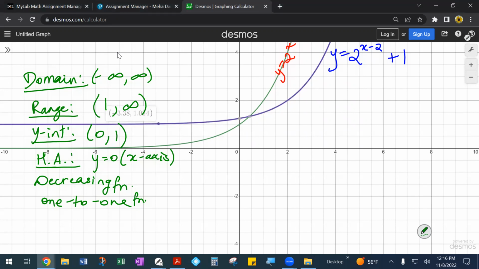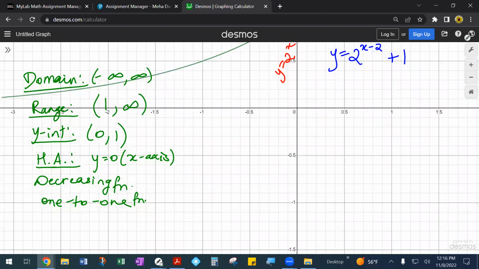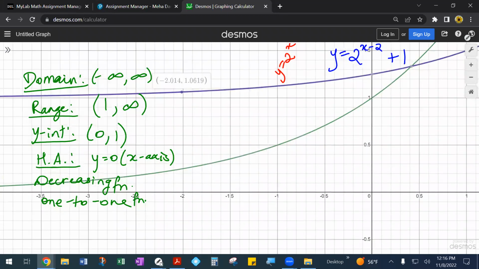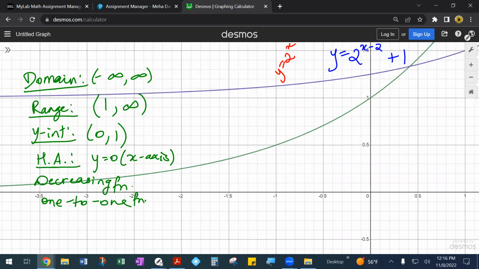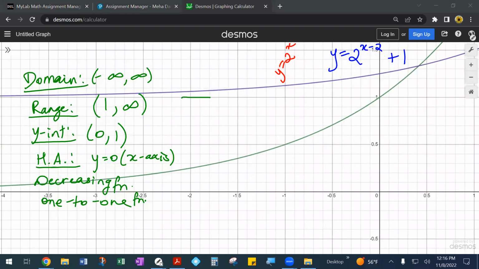Because again, if you get closer, you will see there's actually a space between where the y equals 1 line is and where your graph is. So they do not